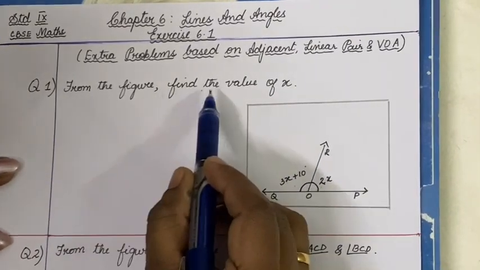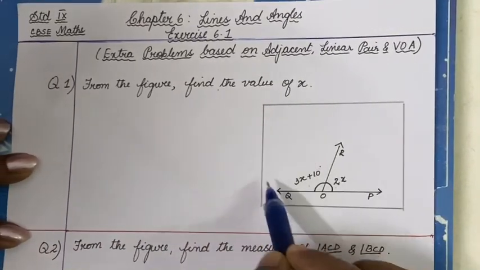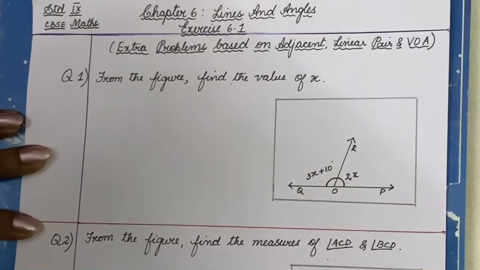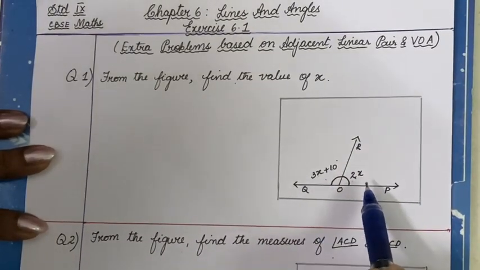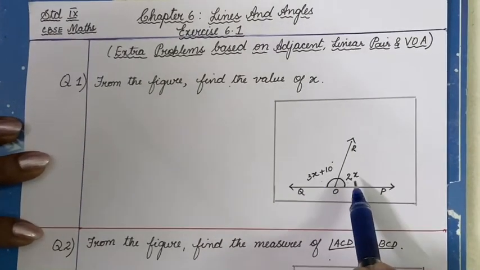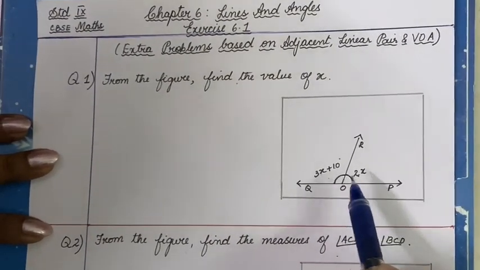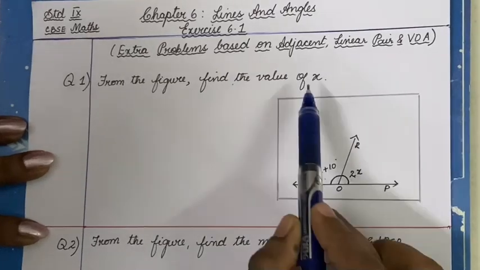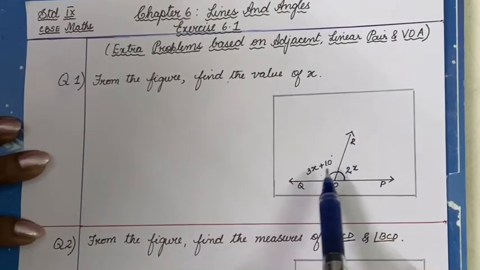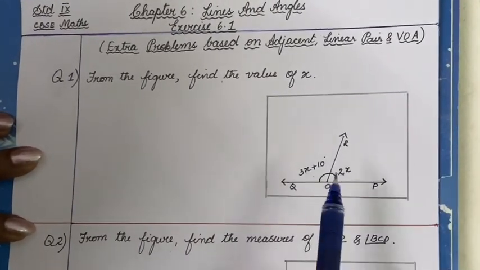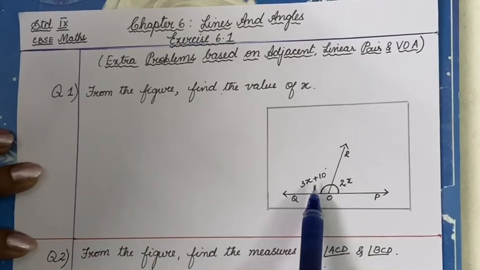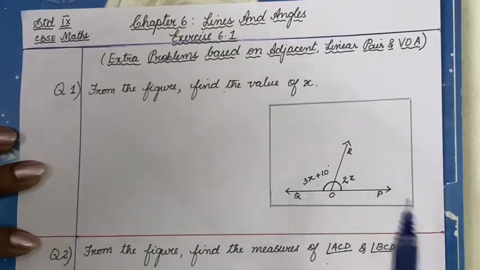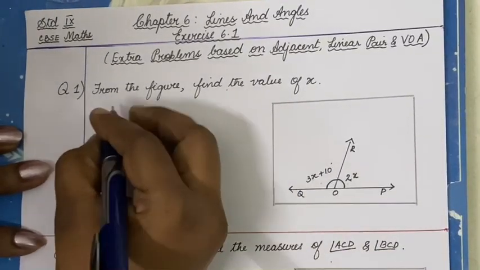From the figure, find the value of x. So they are all going to be numerical based problems. So a figure is given. From this figure, we are going to analyze how the figure is, and surely one of the concepts we've learnt will be there. So using that concept, we are going to find the missing value. Here, looking at the figure, immediately you can tell me there is a pair of angles and they form a straight line. So they are what pair? Linear pair of angles. So immediately, directly we can start.